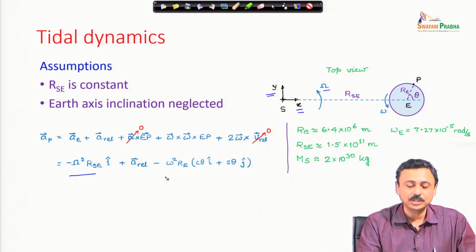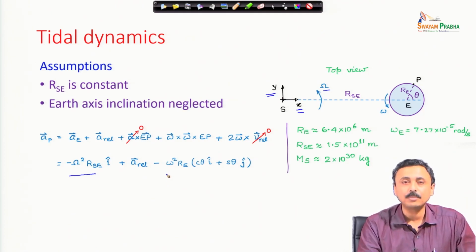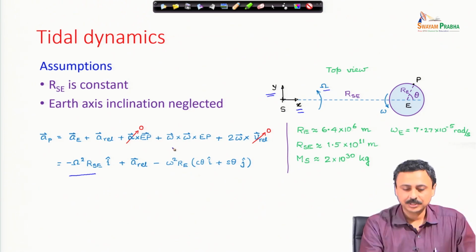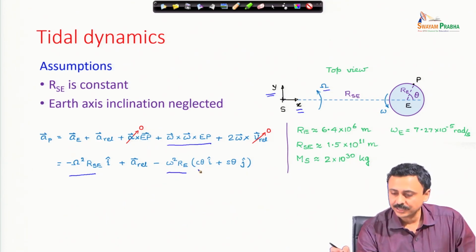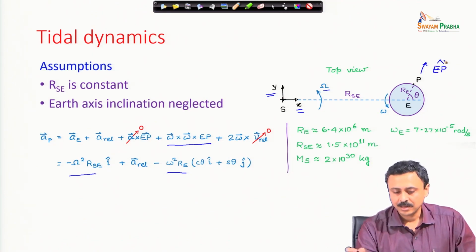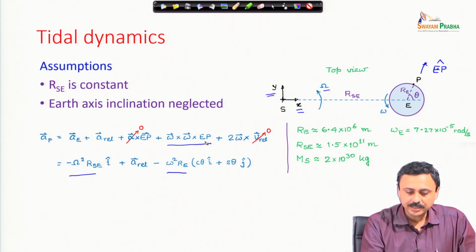which is what we observe or measure on the earth of that particle P, minus omega square r_e. So, this is the centripetal acceleration term. This acceleration term will be omega square r_e, and its direction is minus EP. This is the unit vector EP, and this EP vector has magnitude r_e, the radius of the earth,